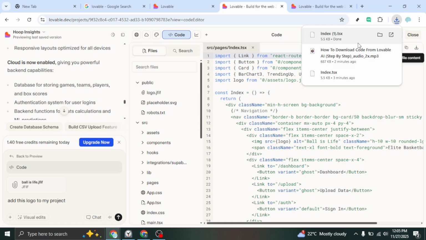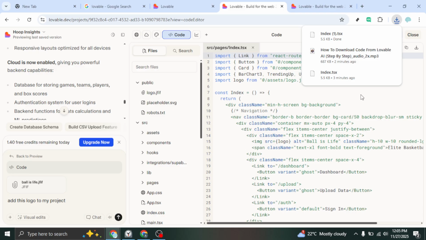try the click again. After the file finishes downloading, open your Downloads folder and, if it's a zip file, extract it. Inside, you'll find your project's source code organized into folders just as it appears in Lovable. From here, you can open it in your preferred code editor, commit it to version control, or share it with